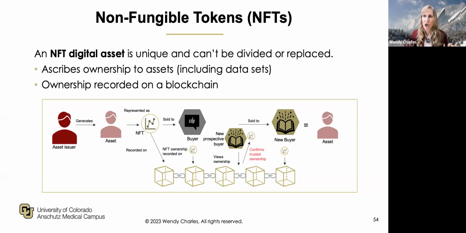A good example is a piece of art. You can't divide a piece of art in half and say, okay, each of you has half, because it's not the same thing. We heard a lot about digital assets and NFTs with the Bored Ape NFT images, with the LeBron James video, where people were paying millions of dollars. That definitely was hype. And how a blockchain is used for managing NFTs. What we are seeing is a lot of interest going down now about NFTs and what is the best way to think about them as an asset.